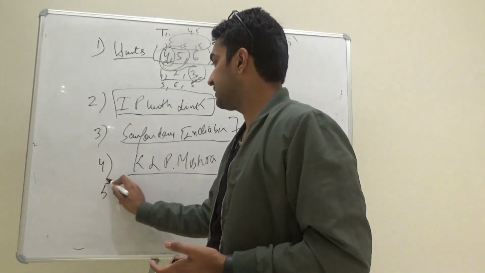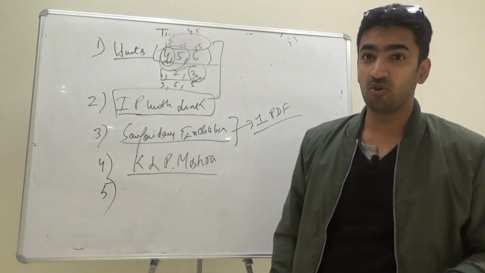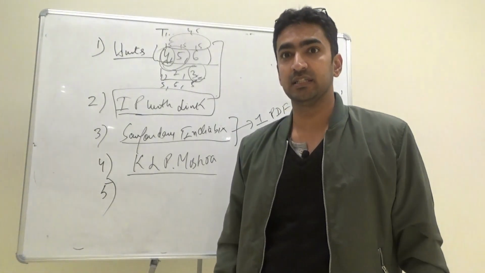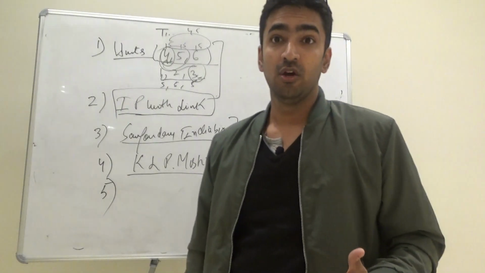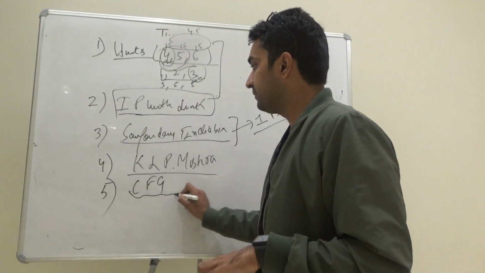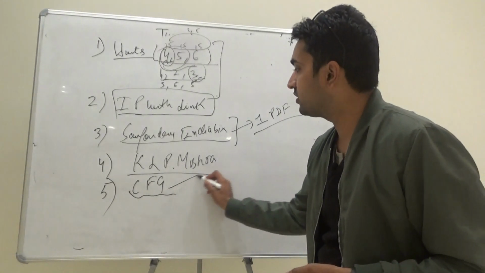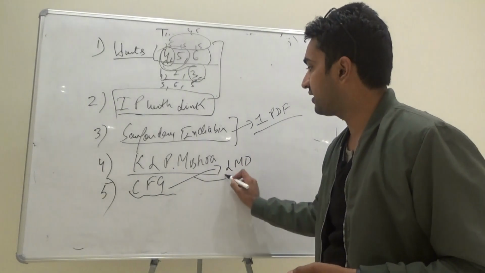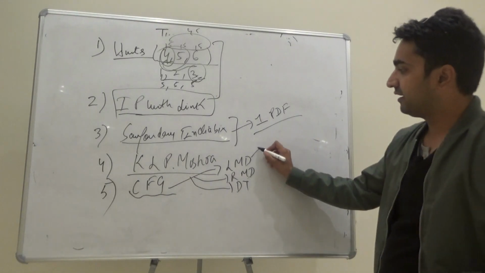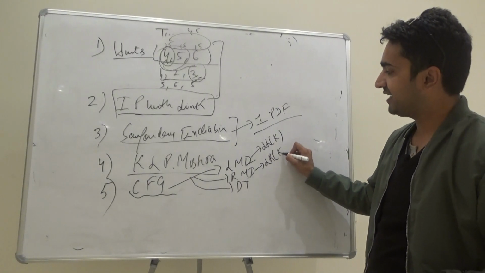The fifth strategy is, guys, this subject cannot be covered in 1 or 2 days. You need to cover some very important topics like context free grammar. Context free grammar is a very vast topic, because it involves topics like leftmost derivation, rightmost derivation, and then the derivation tree. From this, leftmost derivation is linked with LL(k) grammar, and rightmost derivation is linked with LR(k) grammar.